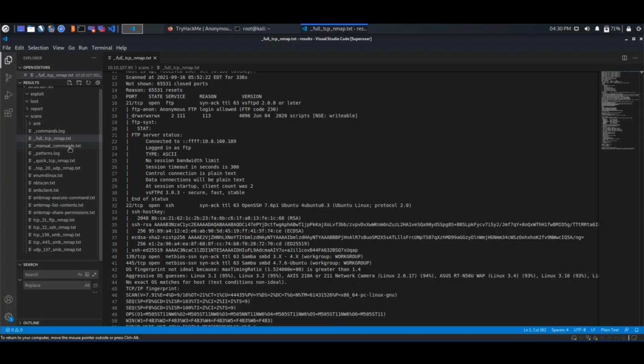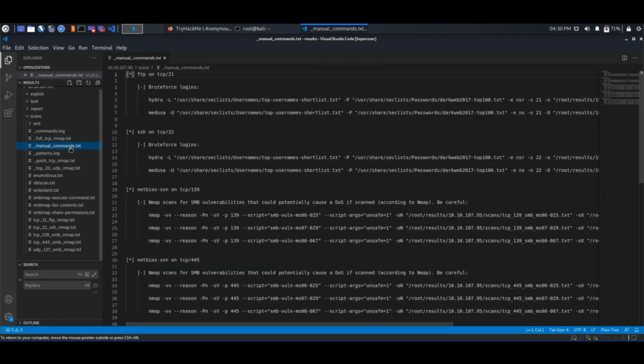The next thing that it does, it gives us manual commands. There are many things that are beyond the scope of this tool and that can only be done manually, or if they are done manually, it goes better. So it will suggest what commands you can run to get better results. This is also a plus point, that it gives you more homework to do. It gives you more scope of findings.